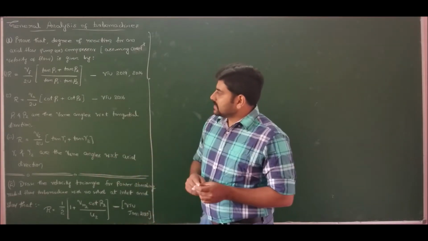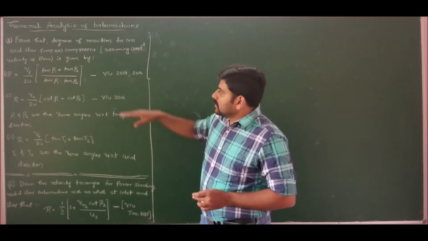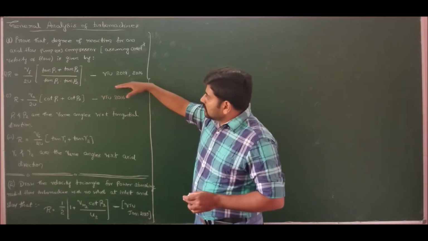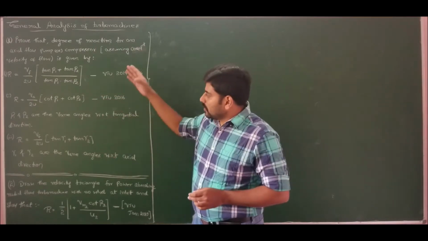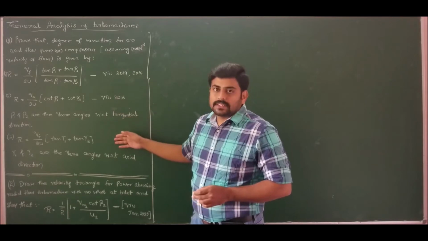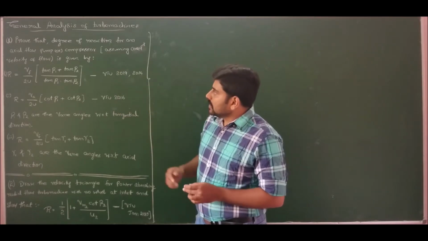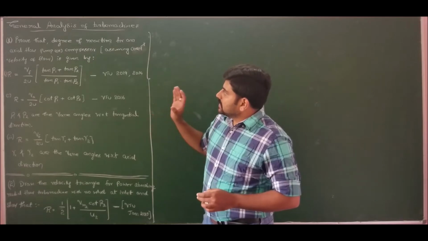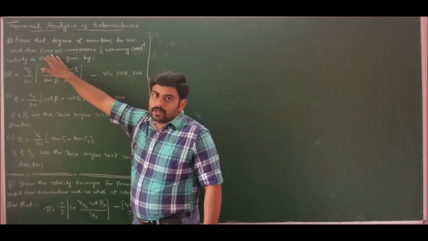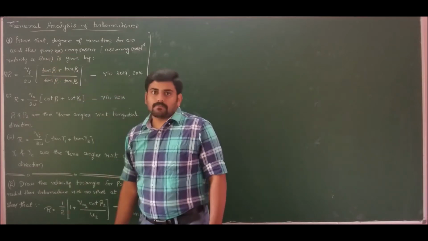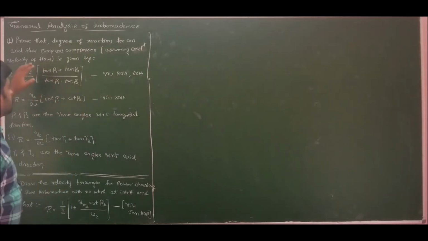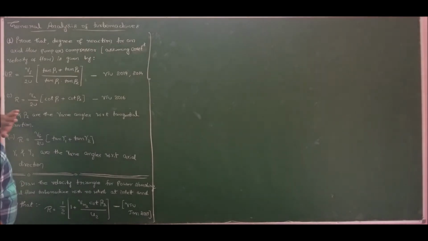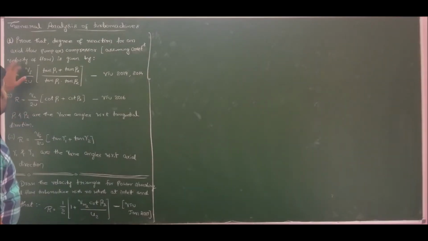The proofs remain the same, so students will be confused. They will be practicing for type 1 of answers. If they ask type 2 or type 3, they will be confused. So the proof for all these three types remains the same. Let me prove that. Before moving ahead, I should take the general velocity triangle of a power absorbing turbo machine, because we are analyzing a pump or compressor. A pump or compressor is a power absorbing turbo machine. So I should take the general velocity triangle of a pump or compressor, and no other alteration is specified except the flow velocity is considered to be constant.